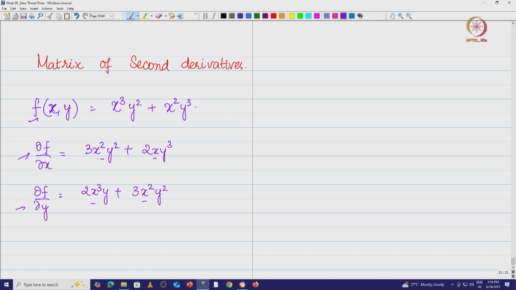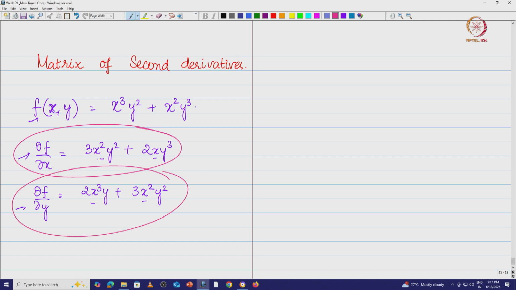Similarly, we will do the same thing here, but there is a small problem. The rate of change that you look at here is itself a function of x comma y. Therefore, I can nudge again along the x axis and along the y axis and so on. Therefore, we are going to have dou by dou x of dou f by dou x, and dou by dou y of dou f by dou y, which makes sense.